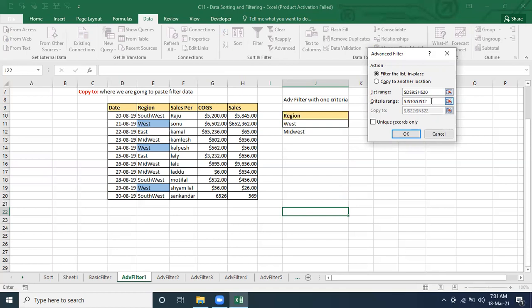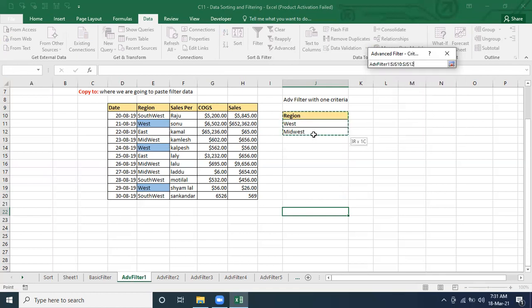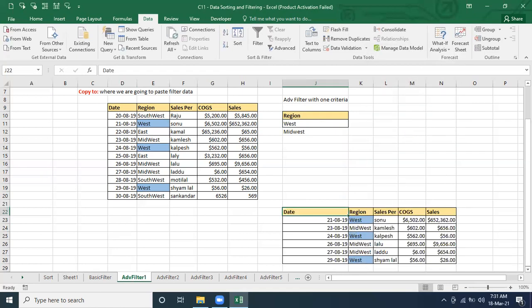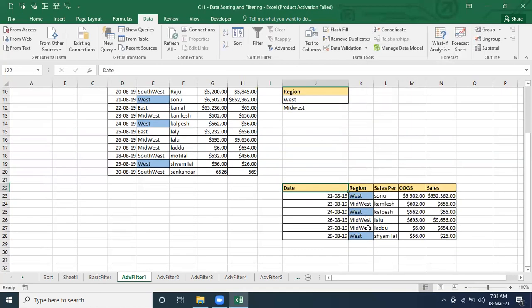Instead of 11, it should be 12, J12, correct or not? We extend it. From the region, these two areas, West and Midwest, we want. We have to click on it. Just see, this many are there, which are from the West and Midwest regions. Clear? Okay.